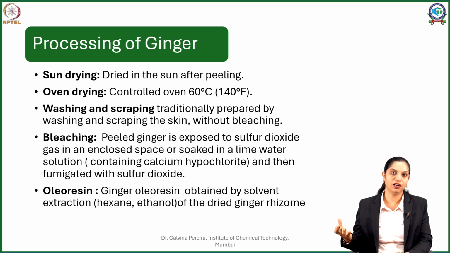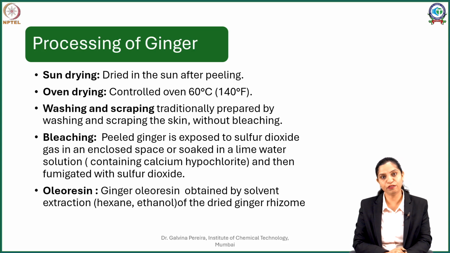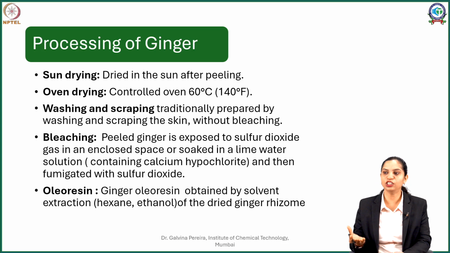In places which are moist or damp throughout the year, it is not possible to dry the ginger under sunlight because that dampness will not allow the moisture to evaporate. In such cases, artificial heat is used, and the best condition is to heat it in a tray dryer at a temperature not exceeding 60. It is said that 60 is a good temperature. At any point of time, if you exceed a temperature over 70 degrees Celsius, your ginger starts to brown, and as a result a temperature over 70 degrees Celsius is not desired.